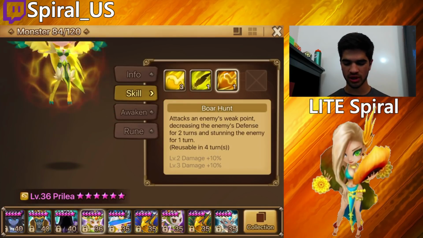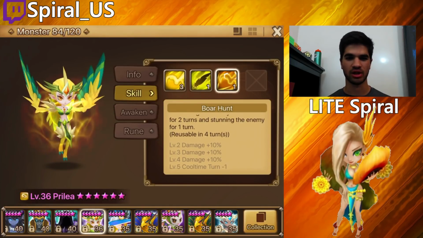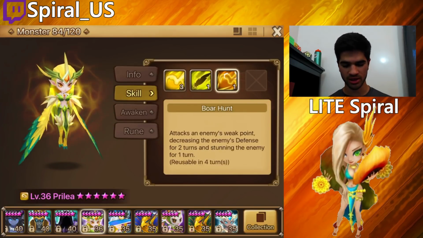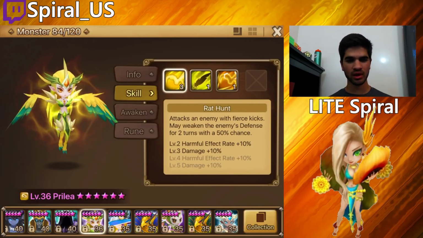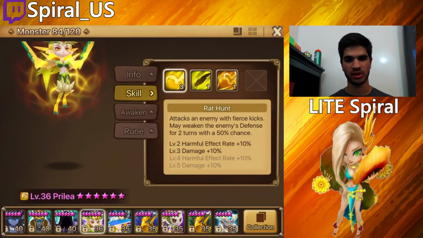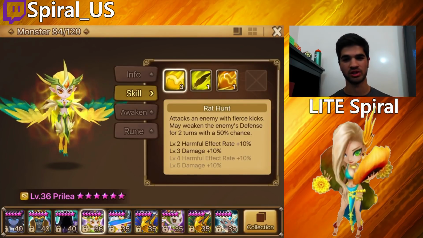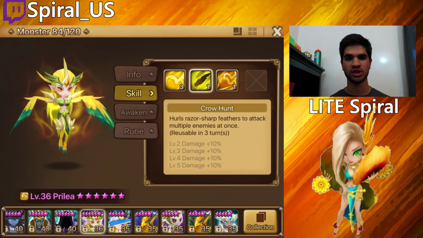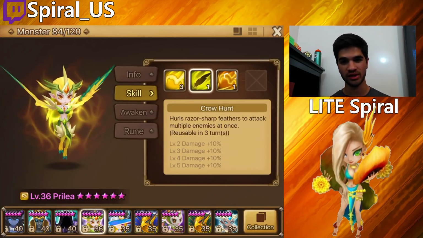And then the third skill does a defense break and a stun with a 100% chance, and it goes down to a 3-turn cooldown when you max it. But so basically, she has 2 defense break skills that both have a 100% chance to activate, so as long as she's not using her second skill, she should be able to at least try to land the defense break,